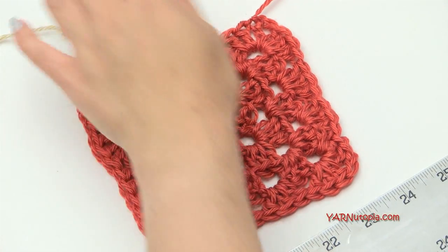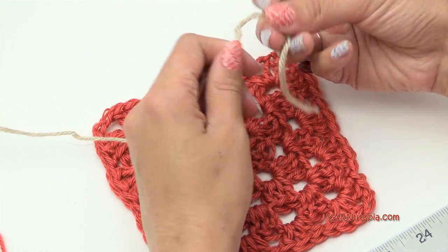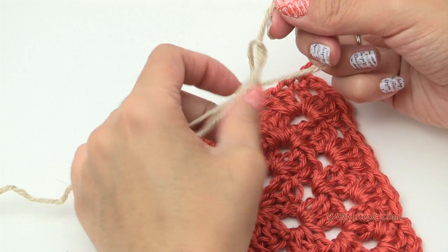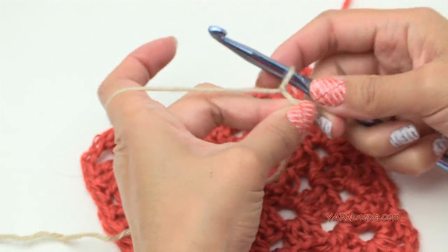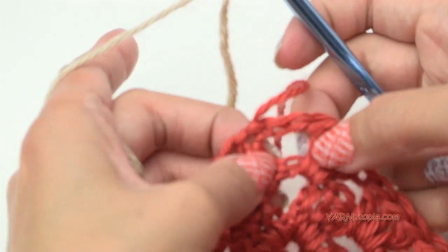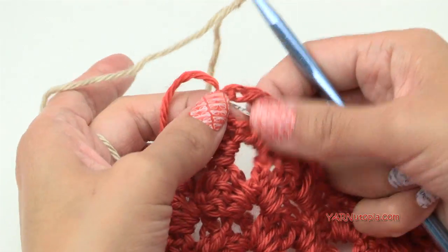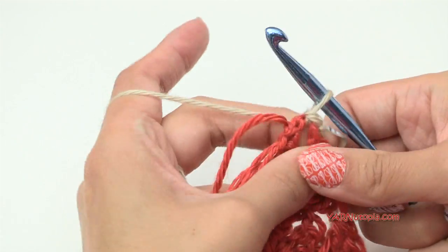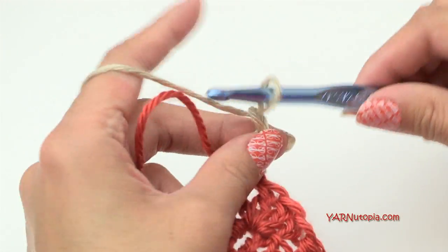So now I'm going to change my color and make 2 rows of it around it in this color. This color is called Bone. So it's like a light tan color. So make your slip knot if you want to, if you decide that. And we are going to attach it into this corner, okay, by inserting our hook, yarn over, pull through and through. So now we're attached, and now we're going to chain up 3, 1, 2, 3, which counts as our